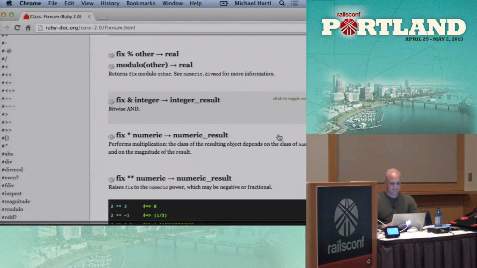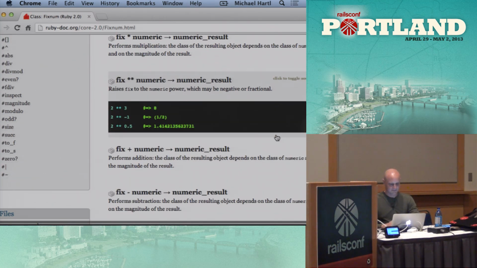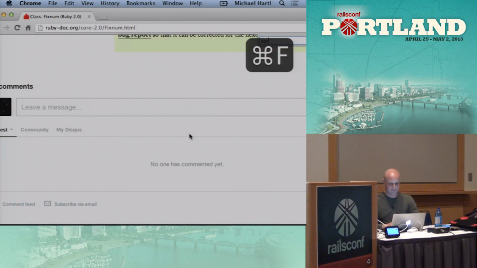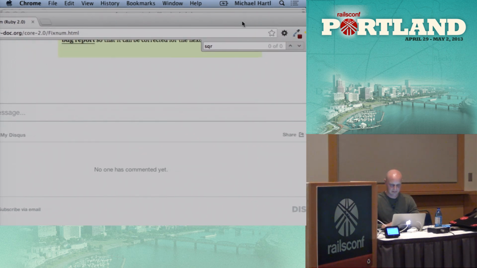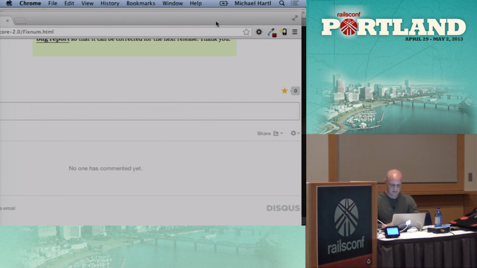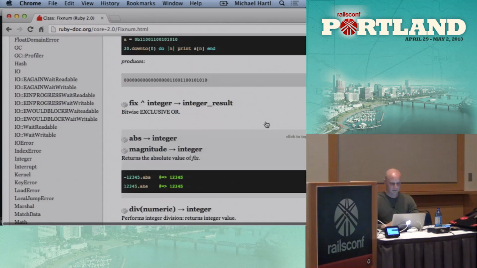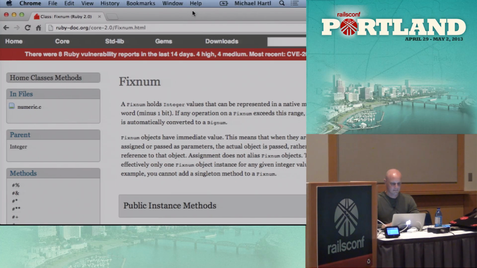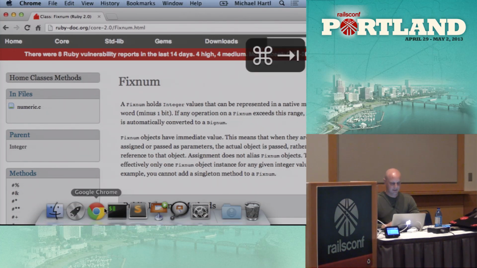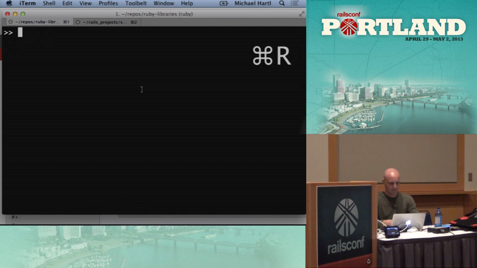This is our Fixnum class. And I'm just going to search for square, to see if there's any way. Nope, so there's no square function, which isn't surprising. Boy, this is really painful. So we can actually add square to class Fixnum. I mean, this is kind of a stupid thing to do, but